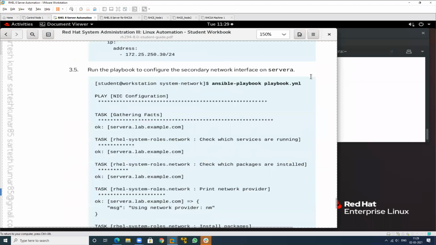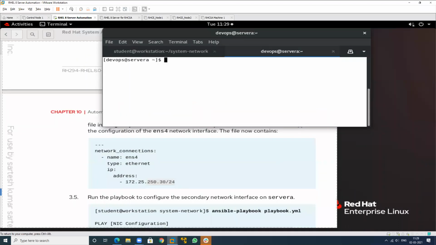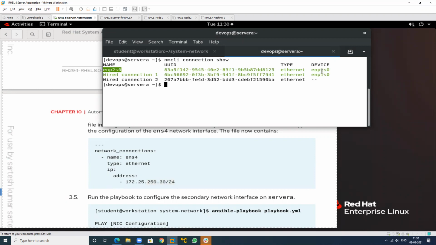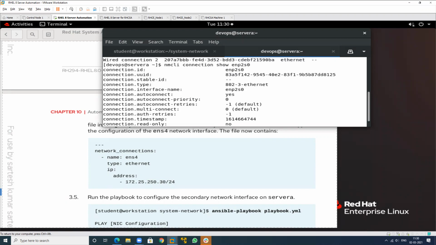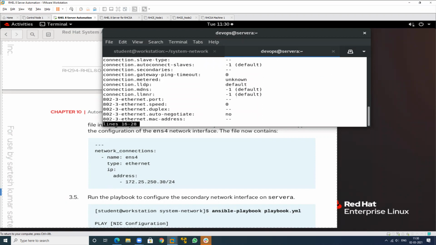And if you want to check manually here, just run nmcli connection show. See, this connection has been created. What is the name? The name is the same. And I want to check only this particular connection. See, what is the IP address? This is my IP address.